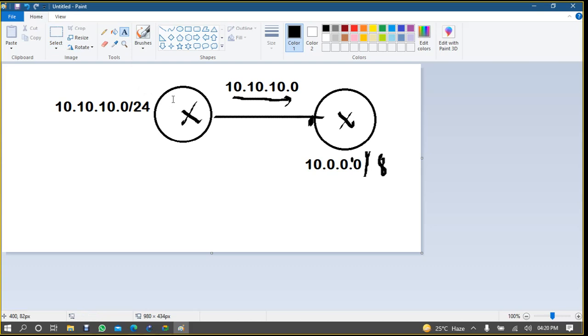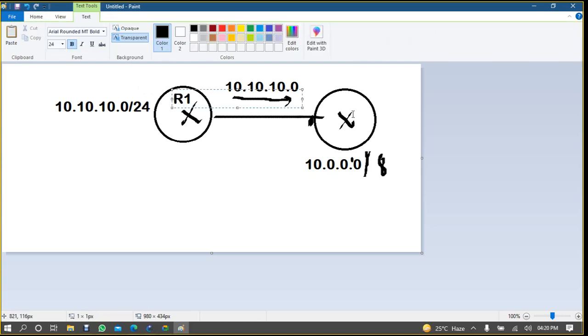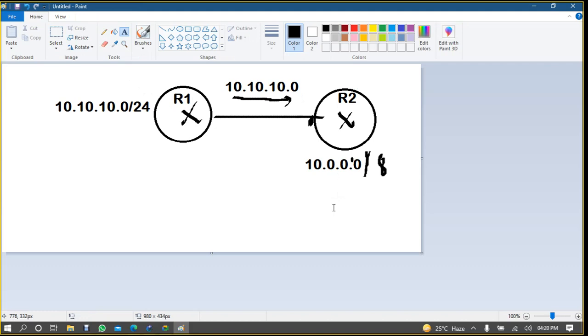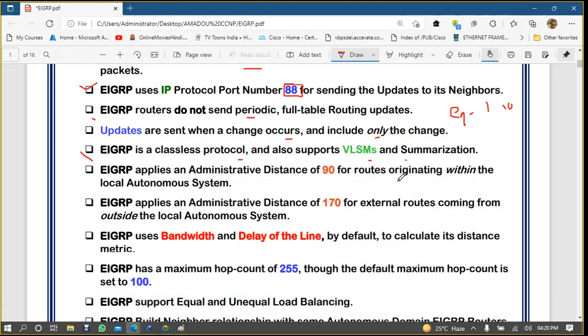Let me write here router 1 and now here router 2. For this, it's class A. By default, it supports classless protocol. Classless means subnetting: normal IPs, subnetted IPs, VLSM, variable length subnet mask, and summarization also.